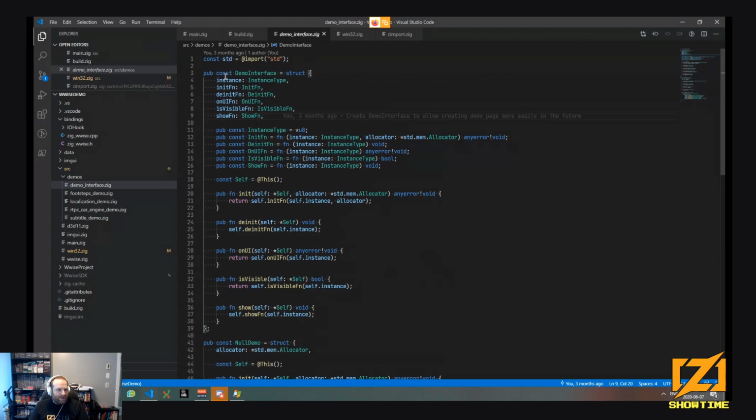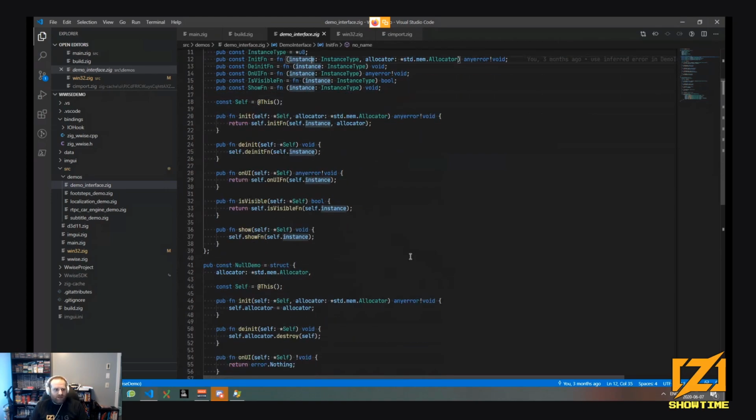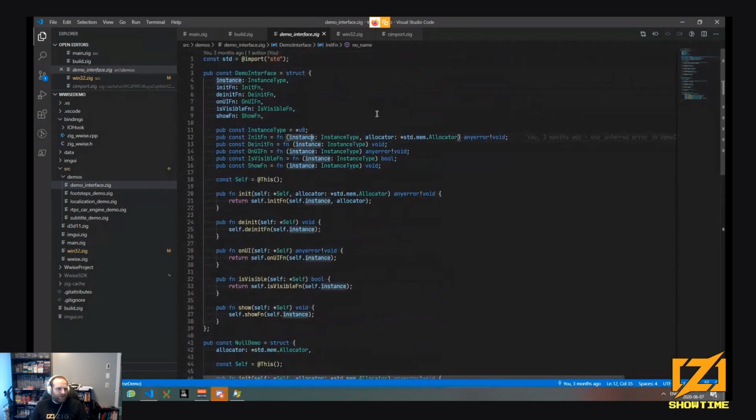So you have the instance and all the functions to call. And I just type-erase the struct to an opaque pointer, and then the functions will be called with no problem.